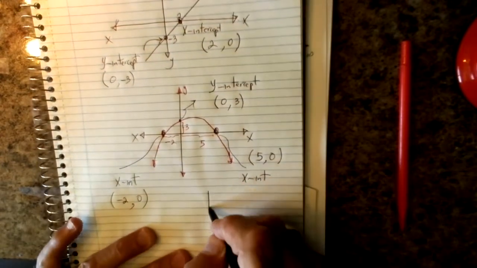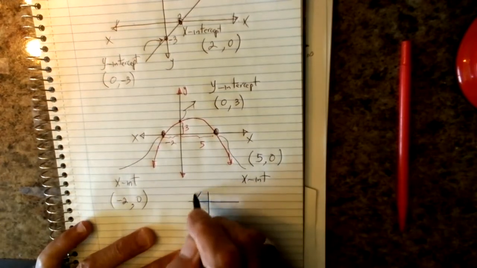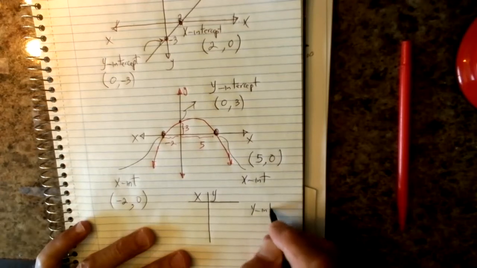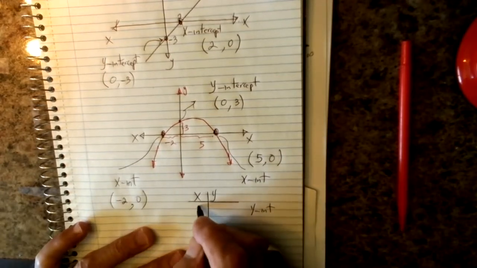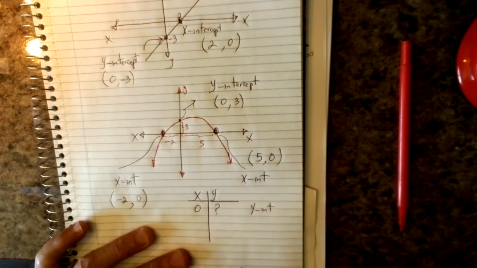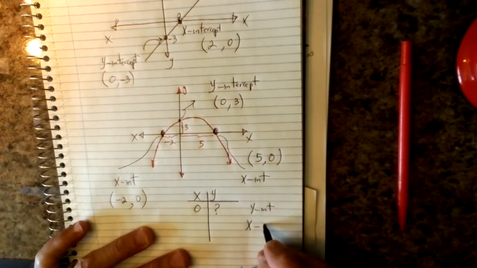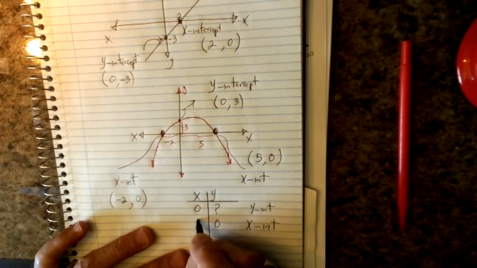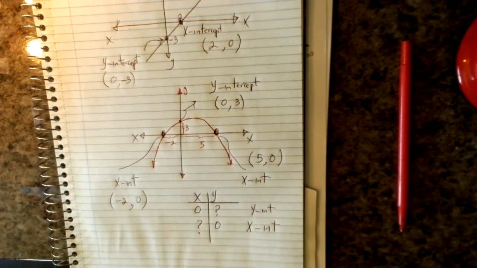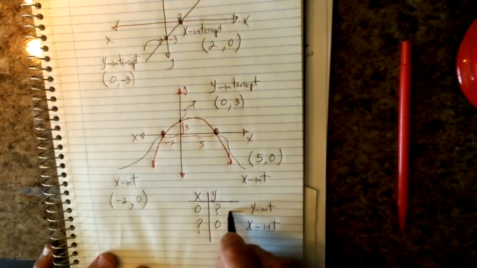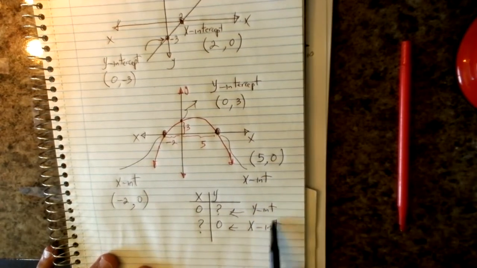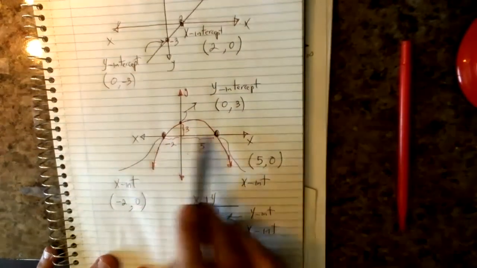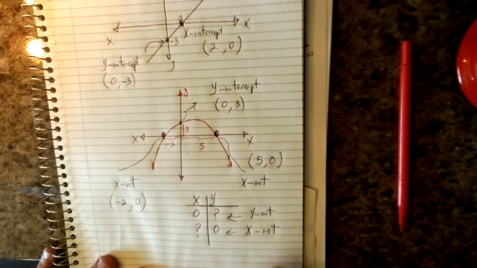So anytime we give you an equation and we ask you to find the y-intercept, you need to set 0 for x and find the y value. If we ask you to find the x-intercept, then you need to set 0 for y and find the x value. So that's the rule for x and y-intercept. Again, the y-intercept is where the graph hits the y-axis, and the x-intercept is where the graph hits the x-axis. Okay, so